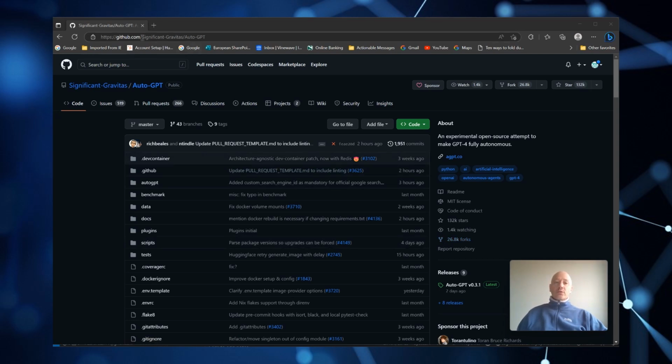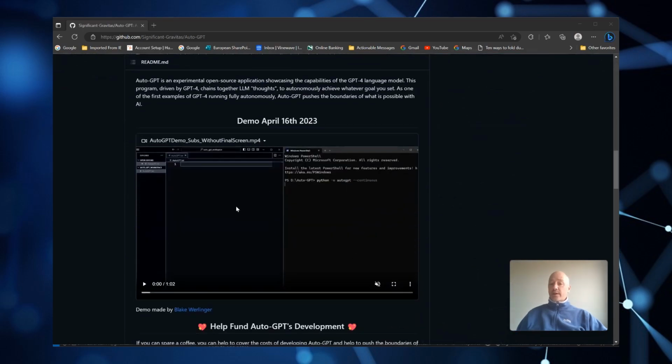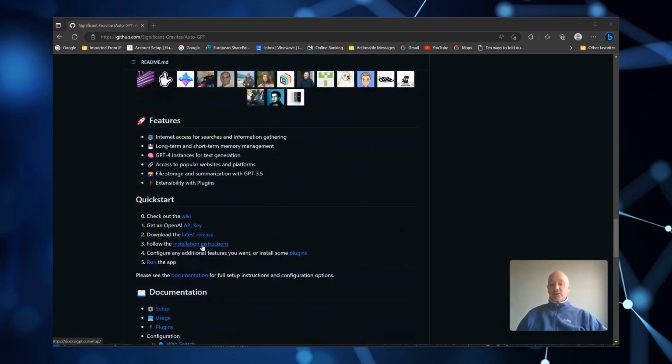So you all start off by going to the Significant Gravitas site on GitHub, and that stores all of the code for AutoGPT. And as I said, this is a bit techy. Whilst you're playing with it, there are a couple of configurations that you need to do in the back-end code. The nice thing, though, is they've documented this really well. They've got a video of the demos. They've also got installation instructions, as well as instructions for any of the requirements, like getting the latest releases,